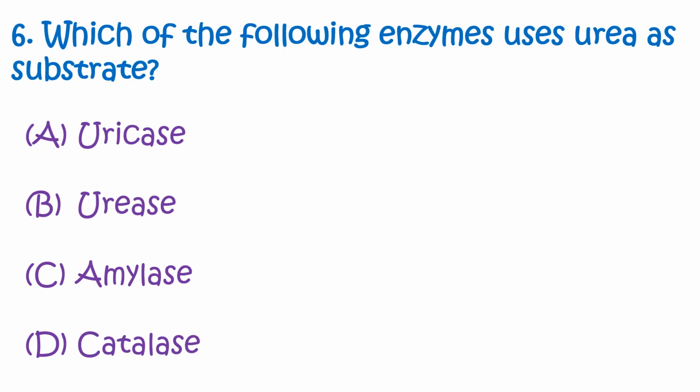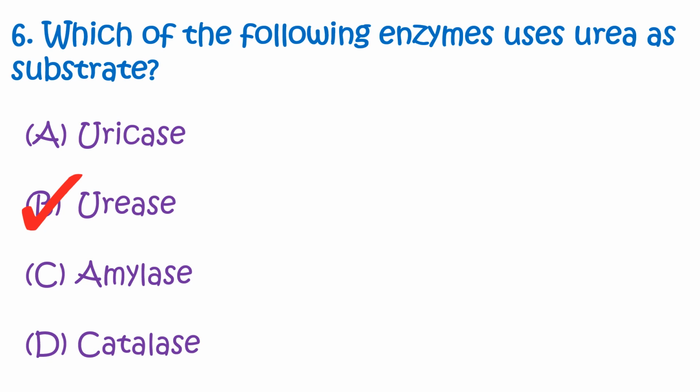Question number 6. Which of the following enzymes uses urea as a substrate? Options are option A uricase, option B urease, option C amylase, and option D catalase. And the correct answer is option B urease. Urease is an enzyme that catalyzes the hydrolysis of urea into ammonia and carbon dioxide. These byproducts, especially the ammonia, are taken up by the soil microbes and plants, which is then utilized as nitrogen